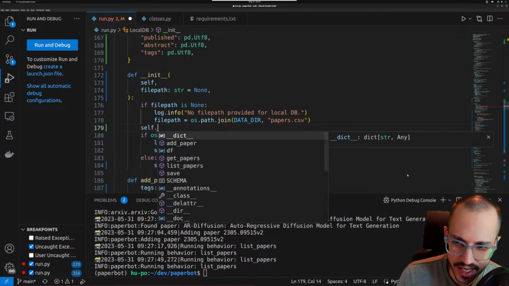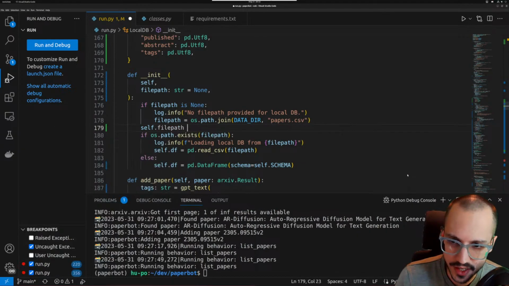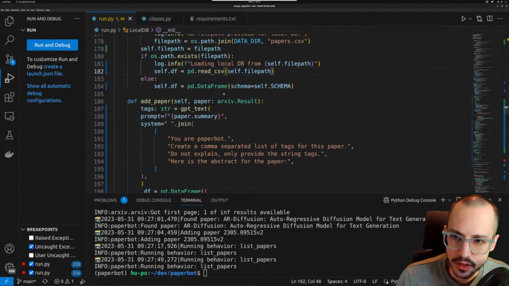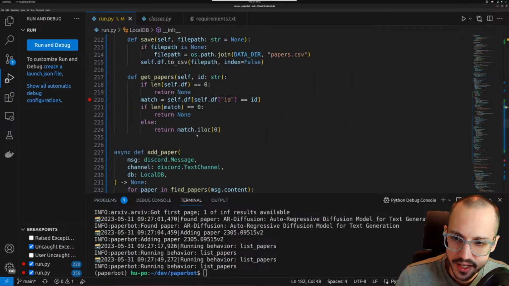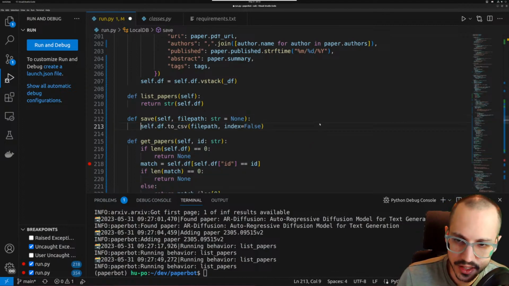Let's save it as an actual property of this object. So we're going to say self.filepath equals filepath. And then anytime we use filepath, we'll use this property that we just created, this filepath property. So self.filepath, scroll down, get rid of this. We don't need that. We're already doing that inside the